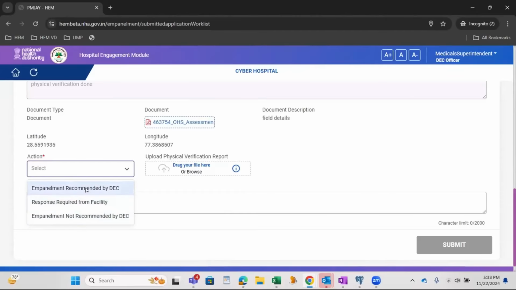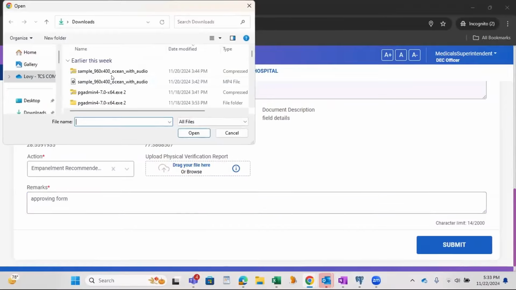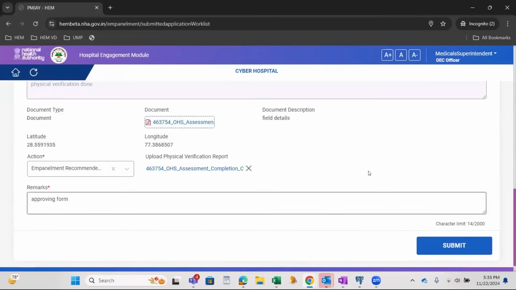Here I am recommending, that is, approving these details which are correct. Click on submit. So I am proceeding further where the DEC user submits this form and approves this empanelment request. Any question so far?